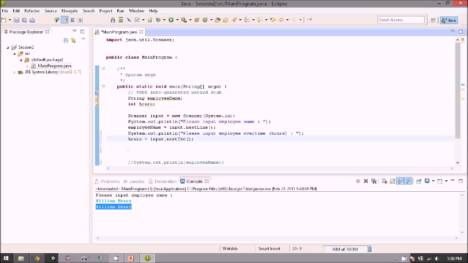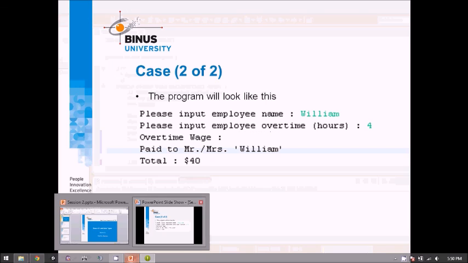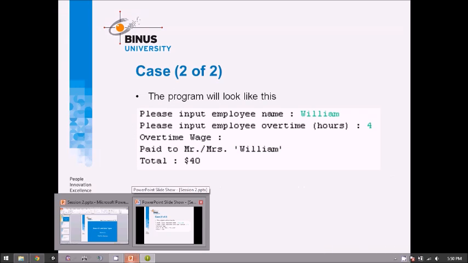Okay, next, after we get both the inputs, the employee name and the hours, we just need to write how much the company will pay the employee.